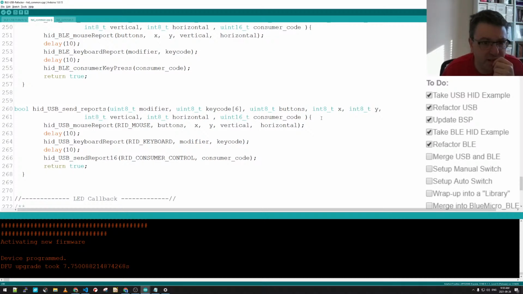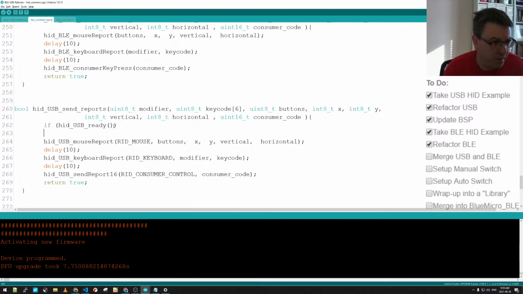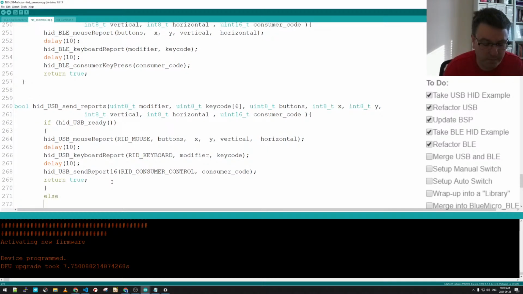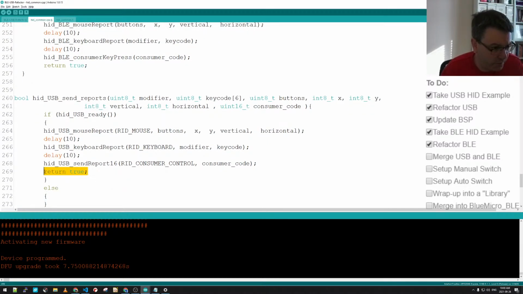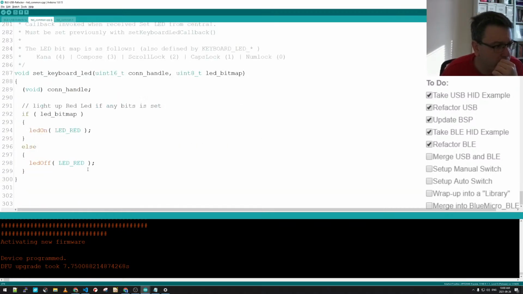I'm gonna have a big if statement at the top. So if this, and then I have that, else, return false. Just keep it simple. Okay. Yeah, indentation is not quite right. Okay, so I've got the,